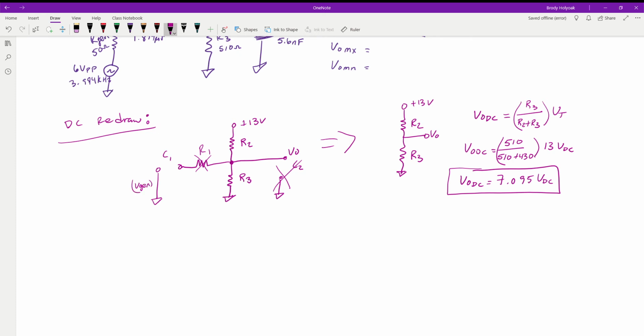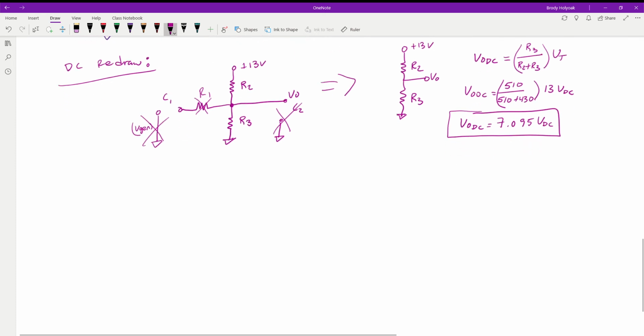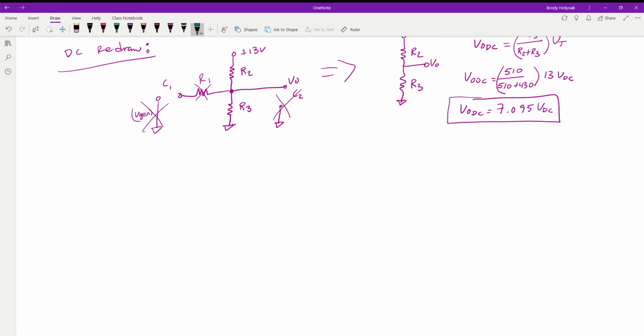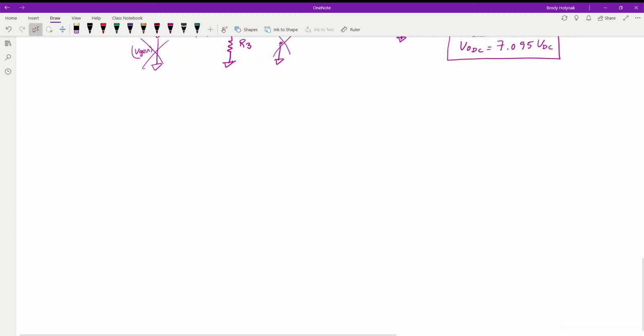Because we're only looking at the DC portion, we take this power supply, we short out the rest, and we solve the voltages for it. Then we use this power supply, short the other power supply, solve all the values, and then combine them together. It's the same thing we were doing with superposition, like with mesh and all those different things. We solve each individual portion separately and then combine them together at the end. Okay, so that's the DC portion.